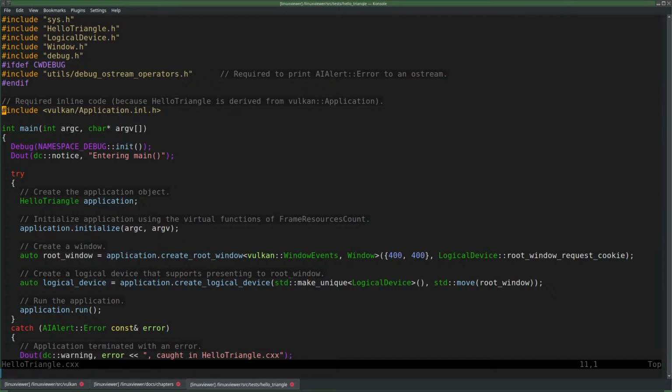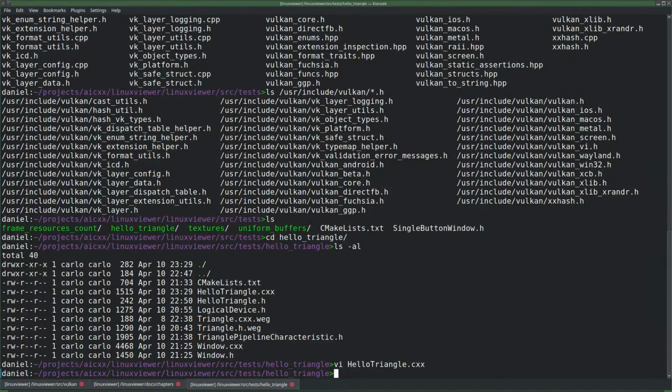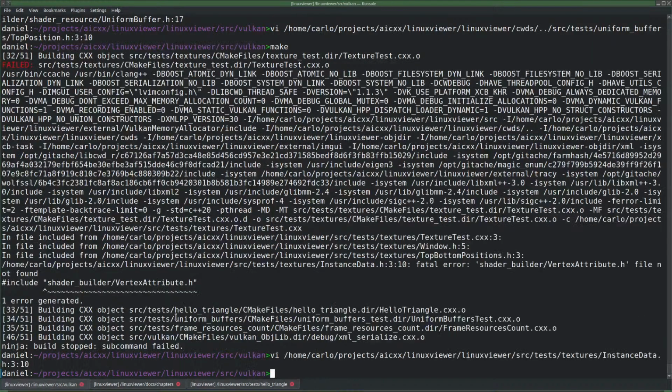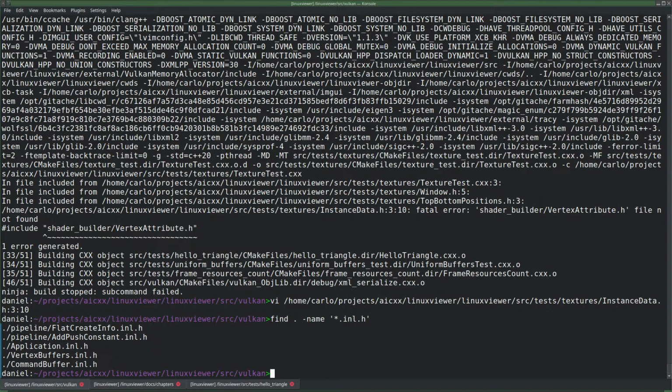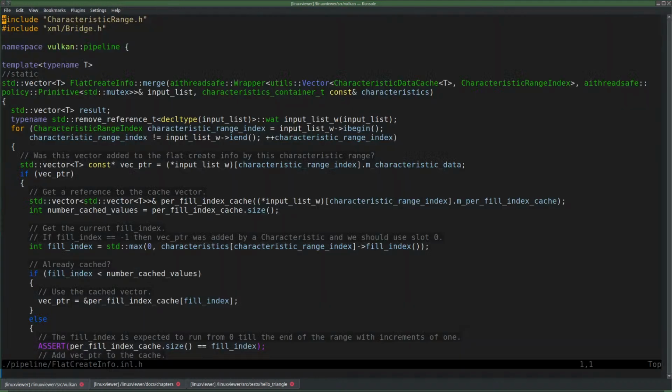Yeah, let's fix this inline stuff. So I have a few inline things, like find name star dot inline dot h, and then I can simply set a macro whenever I use them.